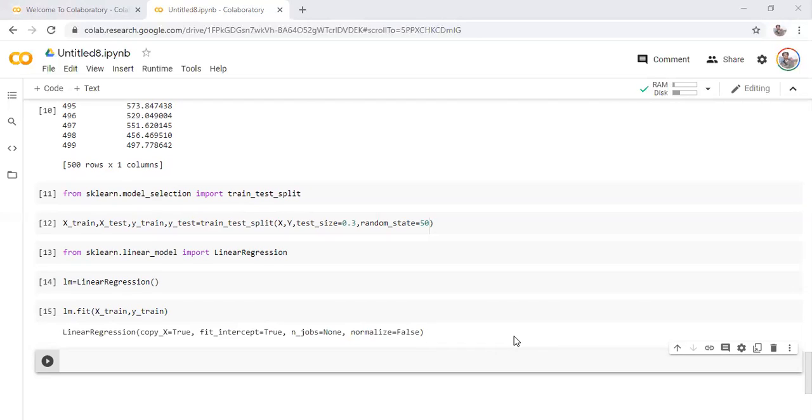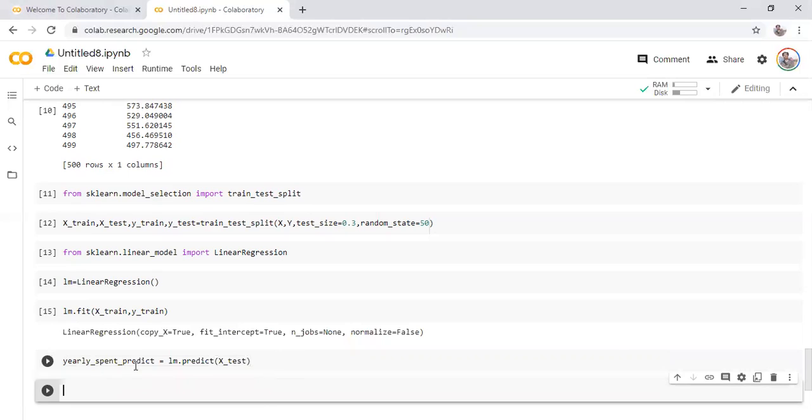We can use something like this. This is the data frame that will hold the predicted values. So yearly spend predict. Let's see how yearly spend predict looks.